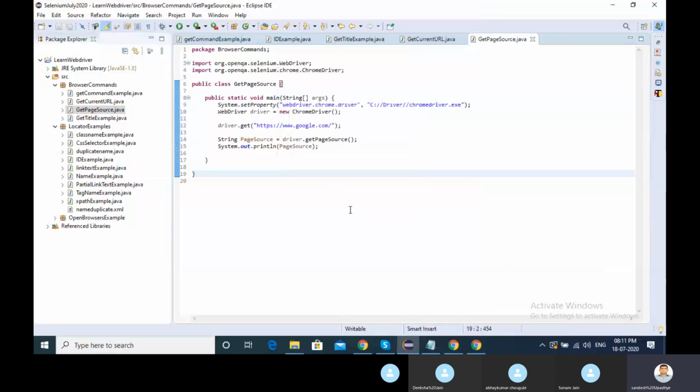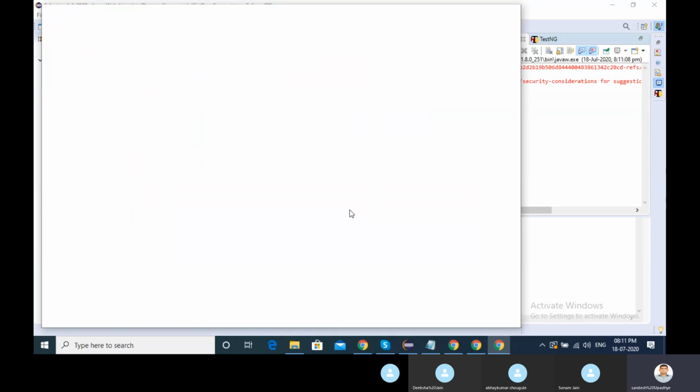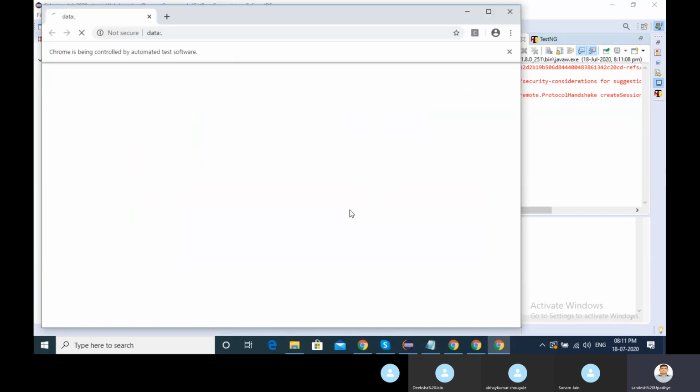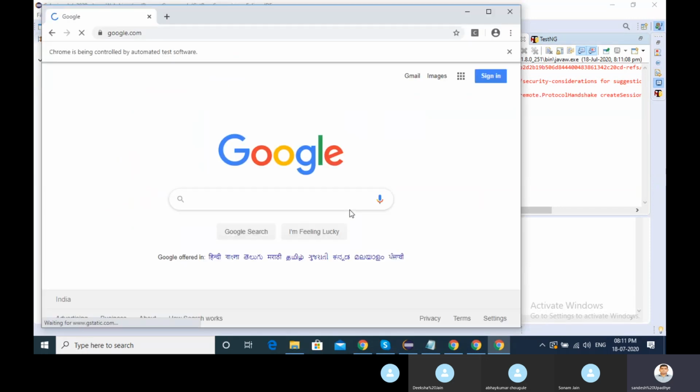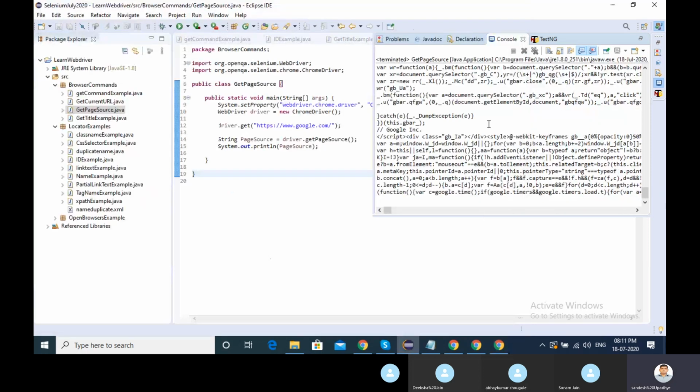So these are basically the browser commands: get, close, or quit, or get title, get current URL, or get page source. These are very simple things.